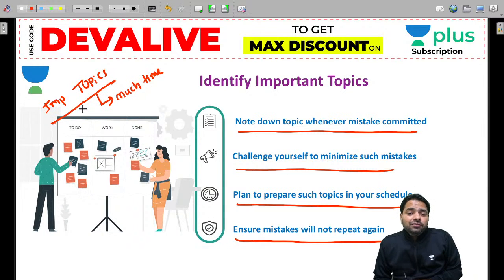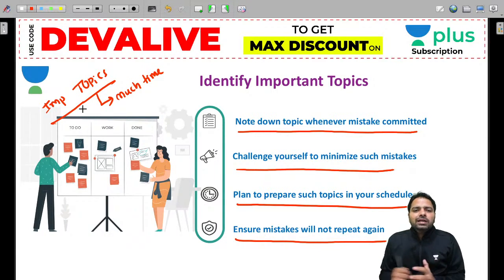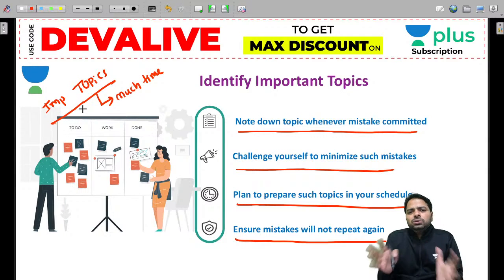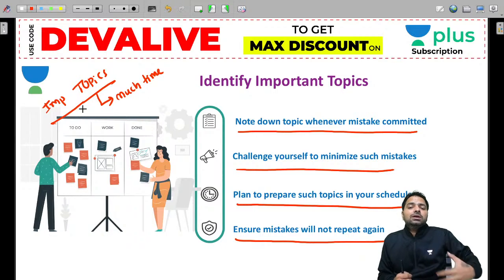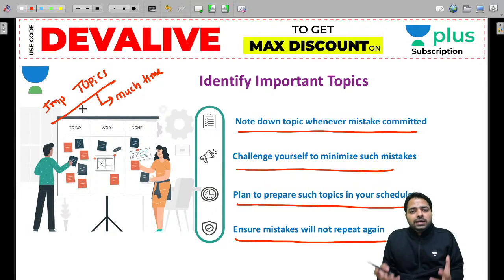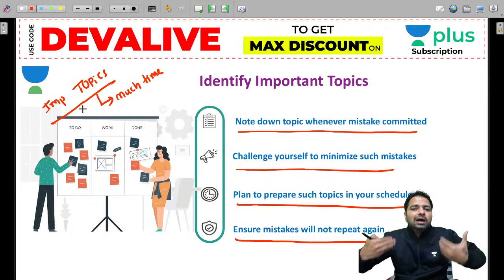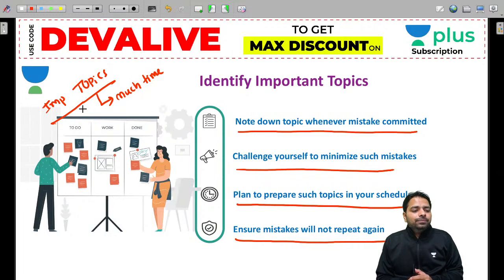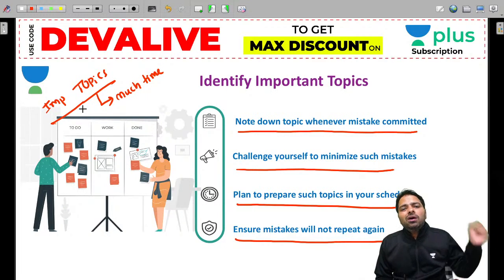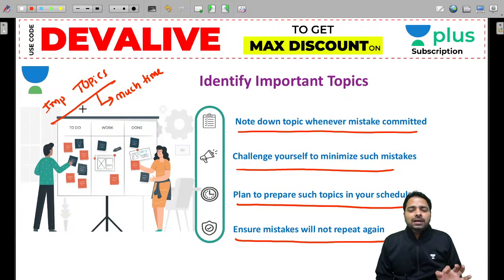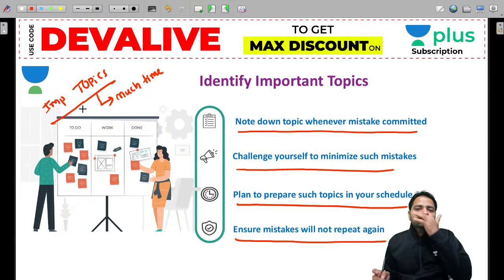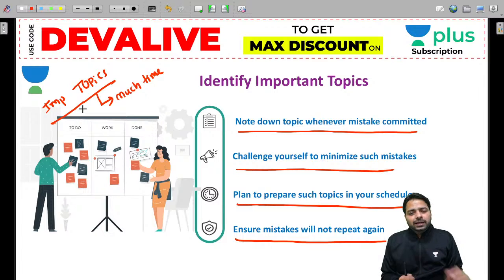So if you are going through any subject with, let's say, 50 topics, not every topic will take much time. Out of them, 10 to 20 topics might take much time. So there you look at the importance of those 10 to 20 topics. Without giving the time, how can you have clarity? So let it take time, but don't waste your time on all topics. If an unnecessary topic comes that is not very important, then give it less time. Put a limit first.